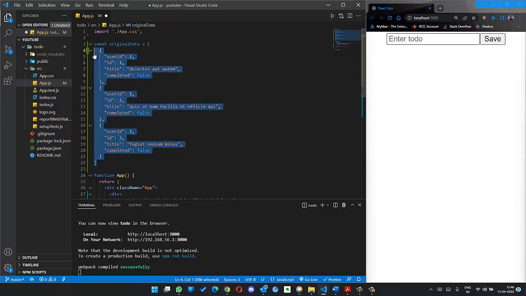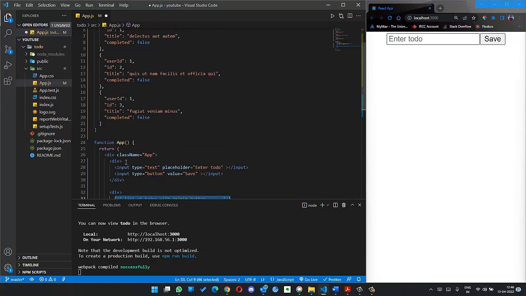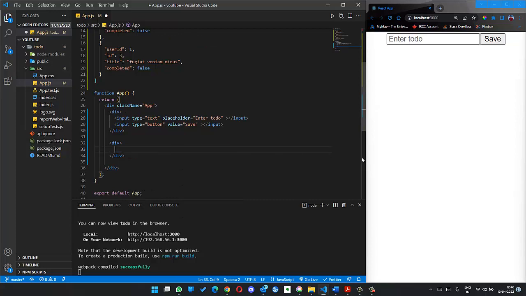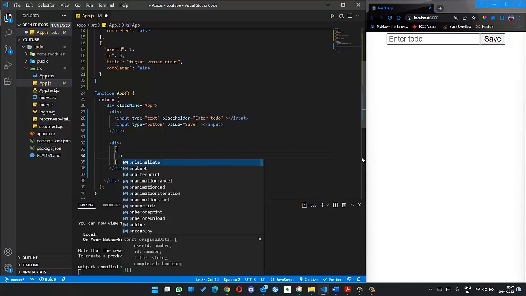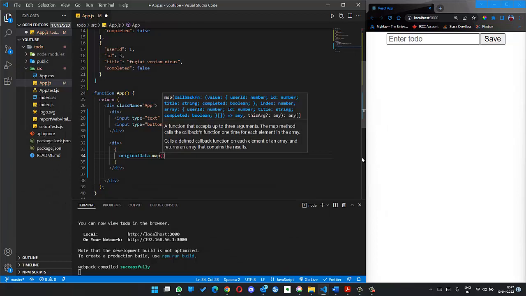Okay, so first of all, we will need a list of to-dos which are already there. So consider that this is an array of objects of to-dos which is coming from the database, and we are, say for example, trying to fetch data from the database and show it on the UI. So since this is a mock, we will just be using this data directly here, and the way to post it inside JSX would be using these braces, and we will be using the original data dot map,